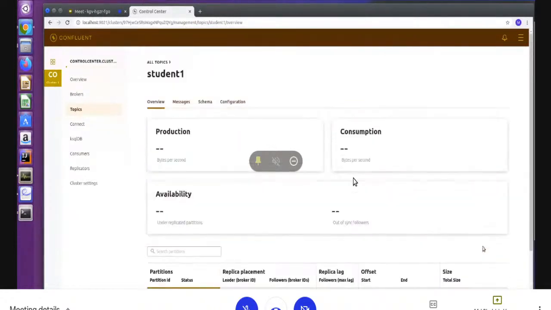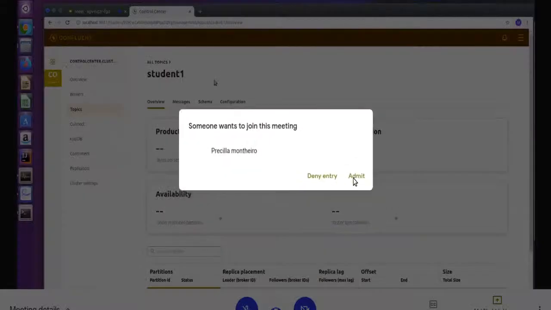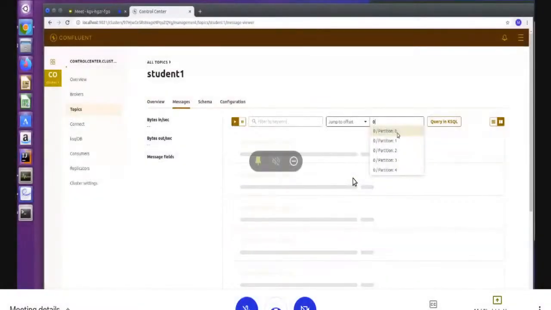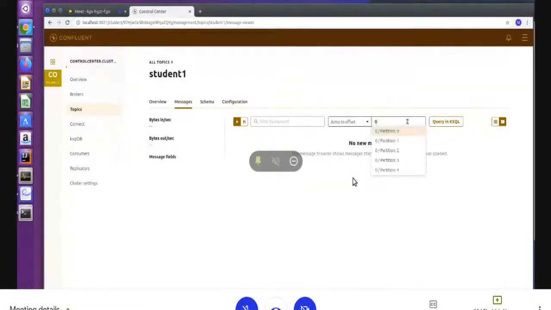This is very easy, with no need to write commands. But for learning purposes, the command line is the best. You will understand what is going on behind the scenes and what command is being executed. Now you can see how easy it is here. But if you look at the data here, there is no data. It is listing all my partitions, but there is no data.